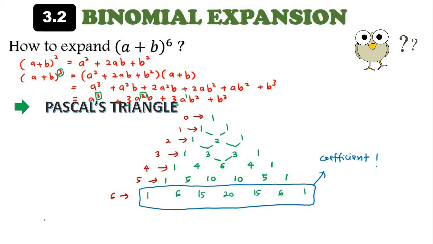So let's say if you want to find (a plus b) to the power of 6, you know that from here your a would have a to the power of 6, but with a coefficient of 1 in front, so you don't have to write it, and then plus 6a to the power of 5, but b gaining 1 now. 15 is the coefficient, a now is to the power of 4, but b gaining 2, the power of 2, and then 20